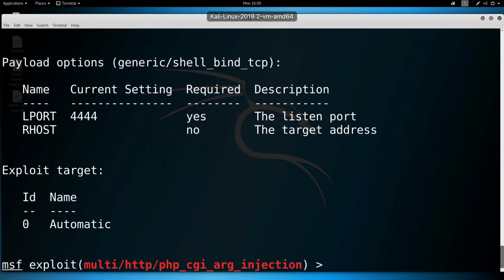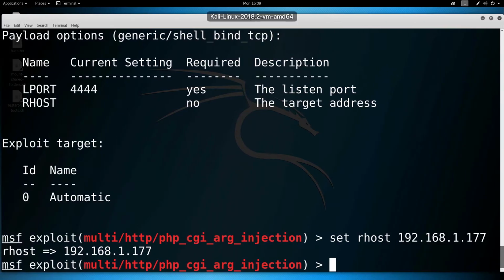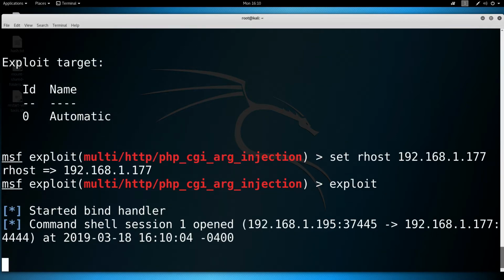So I'm sorry, I'm just trying to exploit Metasploitable, and then I can show you the sessions. So hang on. Set RHOST. And I think that's it. Okay, so now